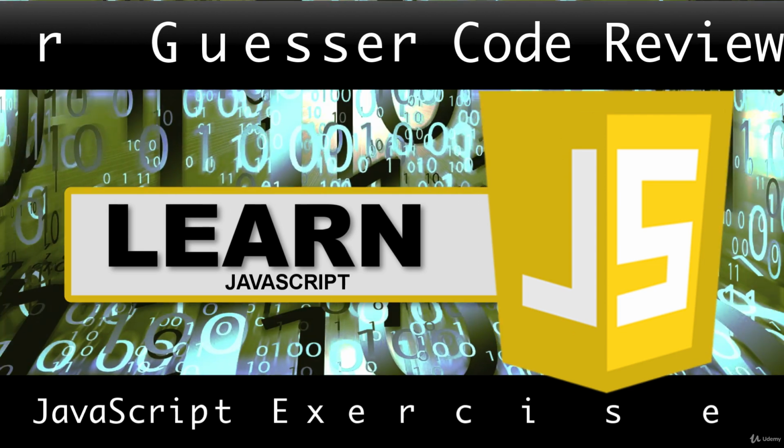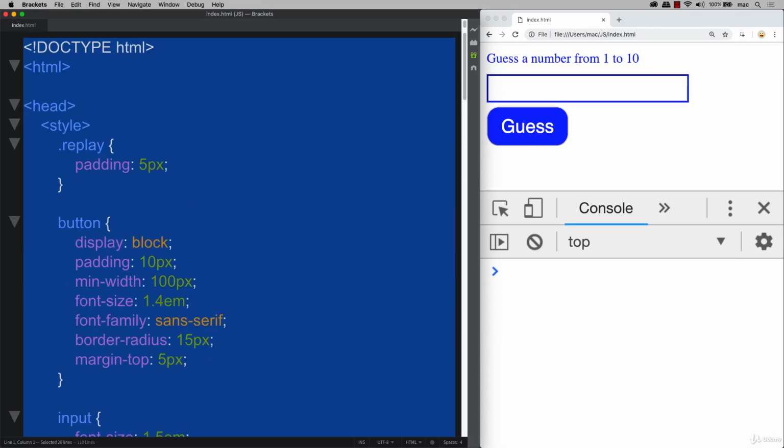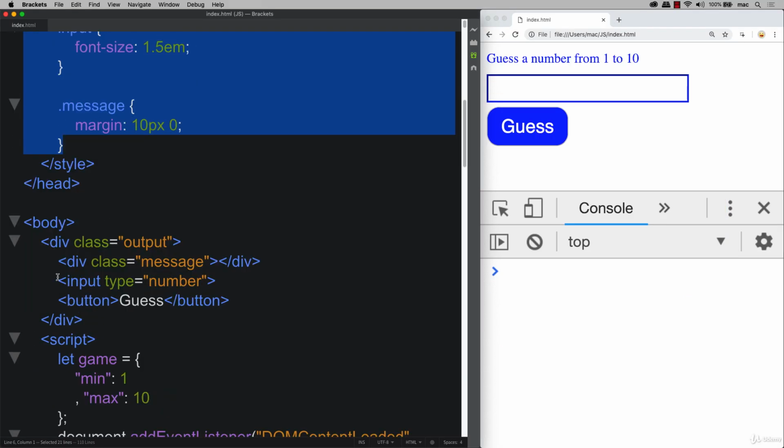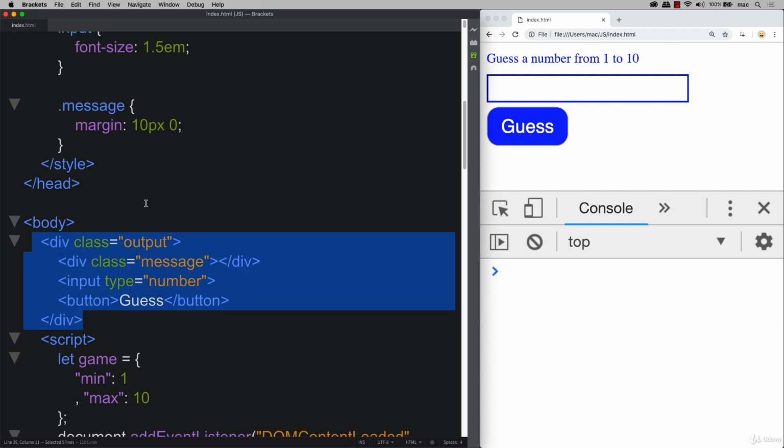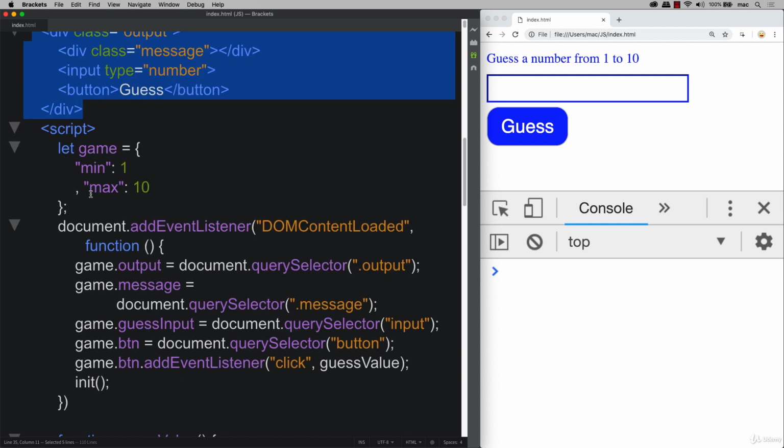We're going to do a quick code review. We applied some styling to make it look better, created a little bit of HTML so that we've got some basic structure that we can begin interacting with using JavaScript. And then when we came to JavaScript, we tried to focus the bulk of the course obviously on JavaScript because